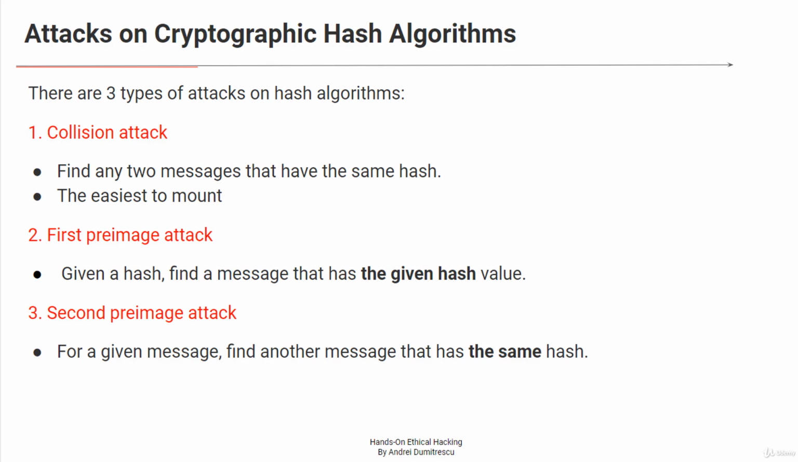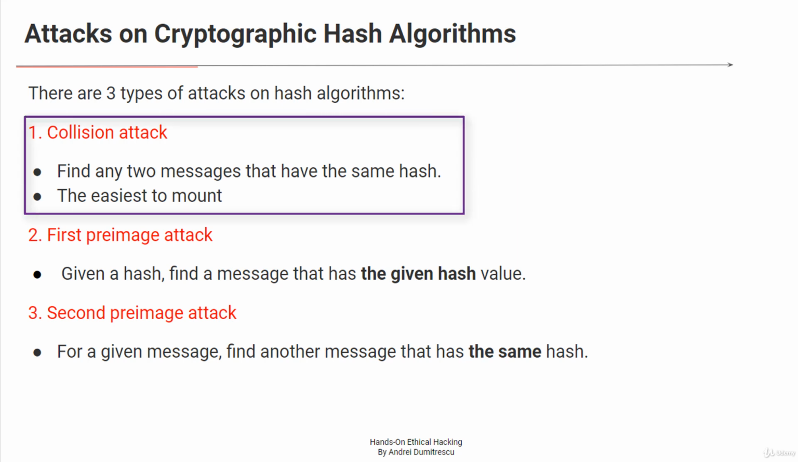Hello guys! Now that you know so much about hashes, let's move on and see what are the possible attacks on hash algorithms. There are three types of attacks on hash algorithms. A collision attack on a cryptographic hash tries to find two inputs producing the same hash value, hence the name